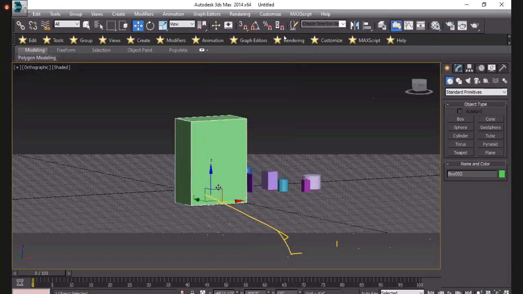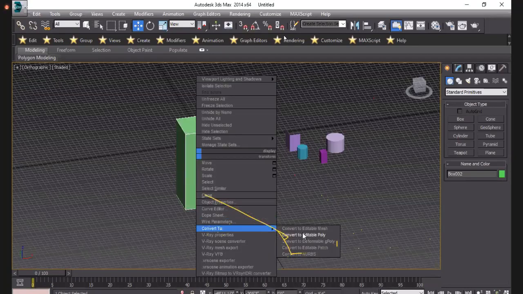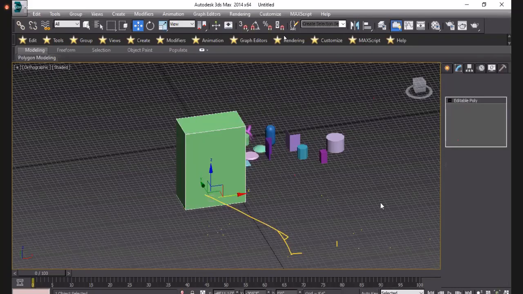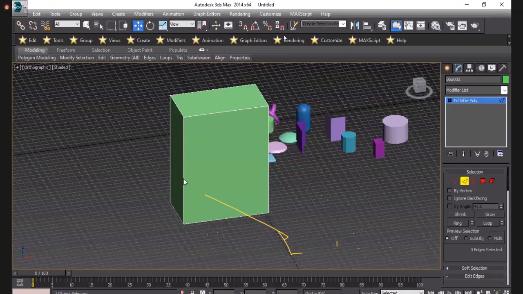I will draw one box, select it, convert to editable poly. Then I choose the edges. How can I select them? First I click on one edge, hold Control and select another edge.